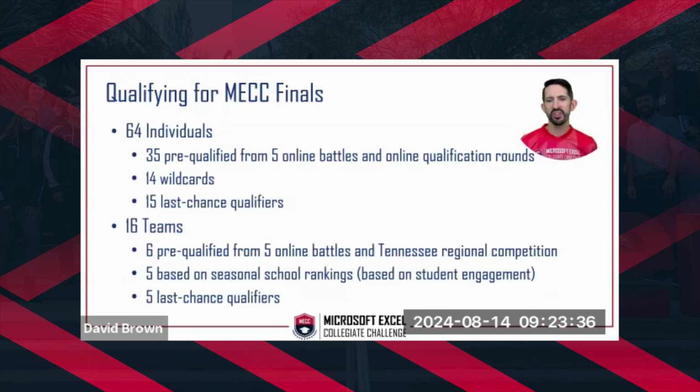We also have a seasonal school ranking. The way the school rankings work is that we take the number of challenges that have been finished by students at your school, and we divide that by the square root of the number of students who have done anything. So basically, we're trying to get an idea of roughly the average amount of engagement per student you have, while also giving benefit to having more students involved. So we're really just trying to encourage more activity from your school, and the top 5 schools in that category will also pre-qualify a team into the finals as well. So that's how we're going to get there.